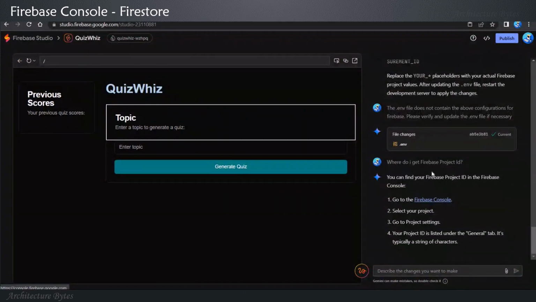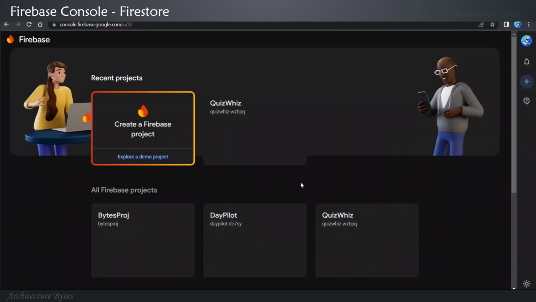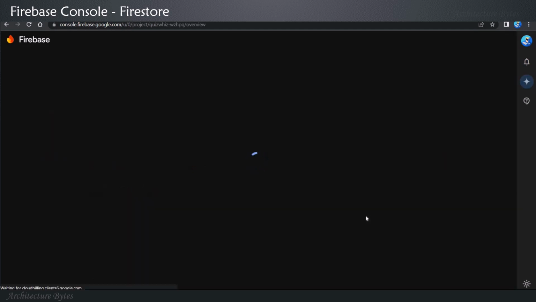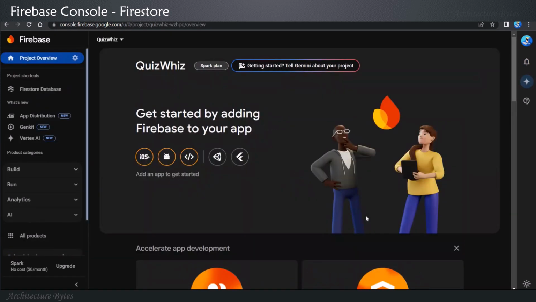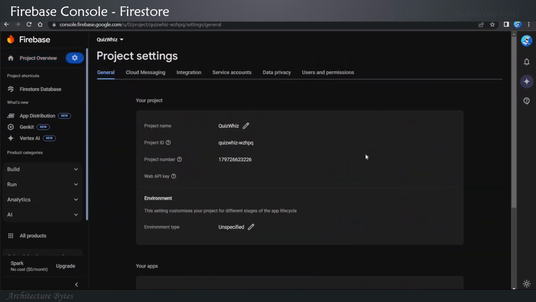Go to Firebase console now. So we open another browser window and go to console.firebase.google.com, right? So here we can see our project QuizWiz. Okay, select that, and under project overview settings, project settings, select that. Here you can find the project ID. Okay, we will copy that,